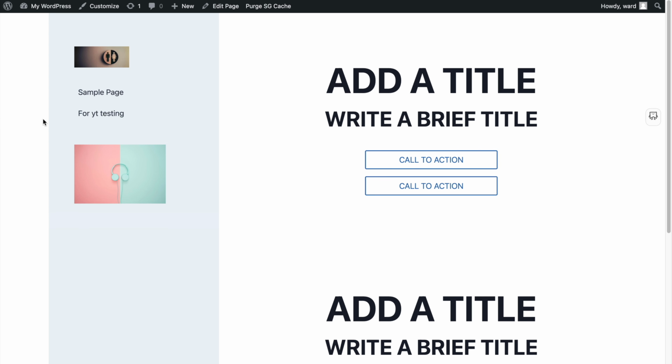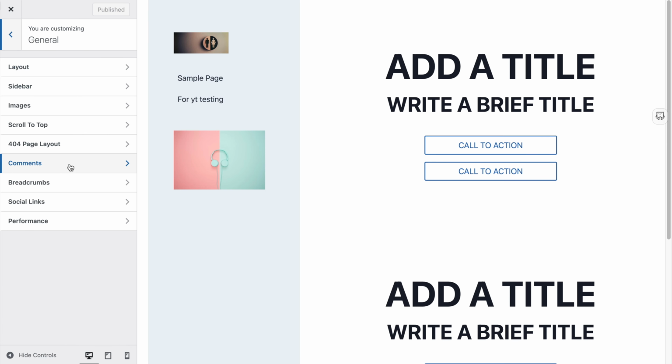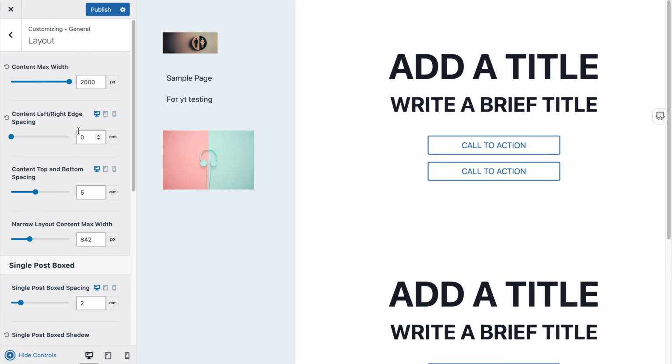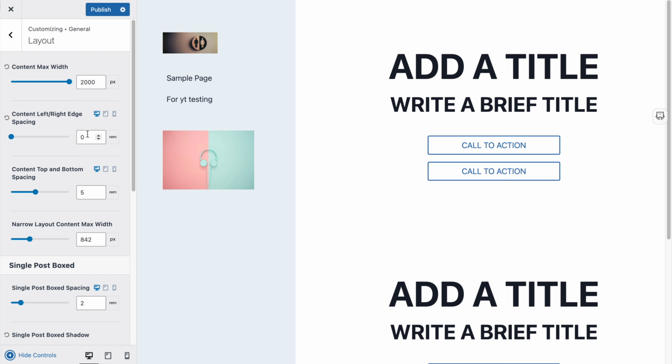This spacing, where is this coming from? Workaround is go to the customizer, and go to my general layout. So we have to remove the spacing here, the left-right edge spacing, and we also have to set the content max width to be as high as possible. But if somebody watches on a big screen, more than 2000 pixels, this is still not going to work. Yeah. So if I save this,